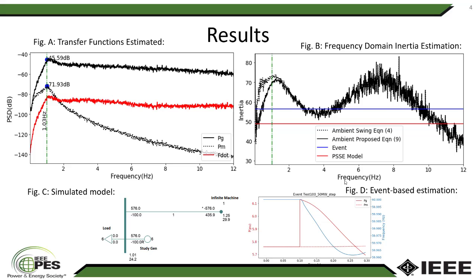And this can be validated on the top right, where we have estimated inertia using two approaches. One is having full knowledge of mechanical input, so the inertial response you'll see is given by the dotted line. And the black line gives the inertial response when you do not have access to the mechanical input and you're treating it as constant. And you'll see how both the estimates become equal to each other beyond 1 Hertz. And this is because beyond 1 Hertz, the mechanical input dynamics are negligible.